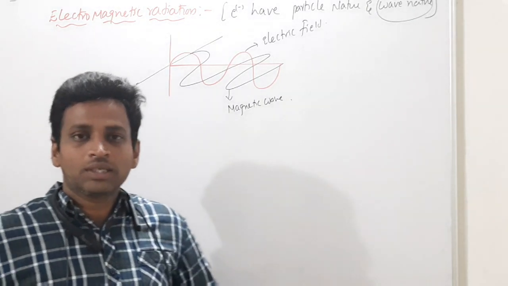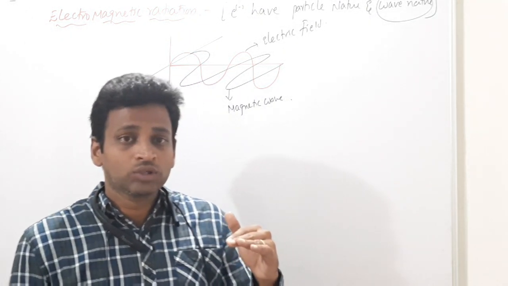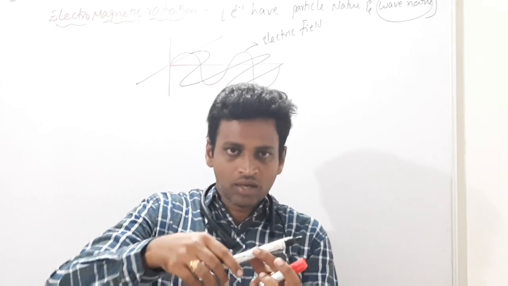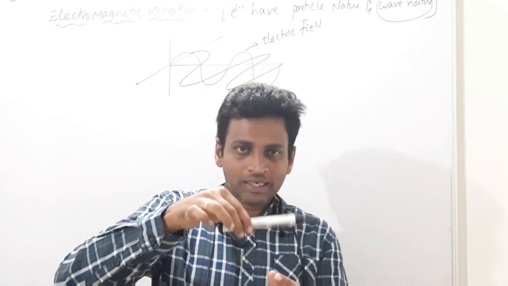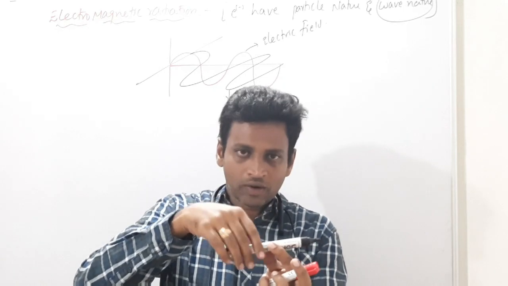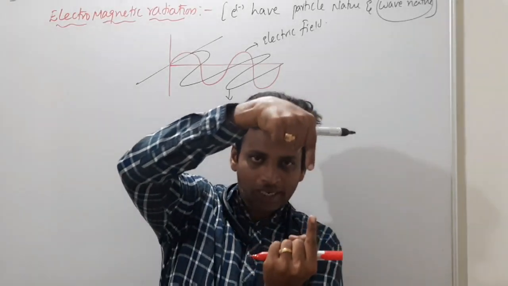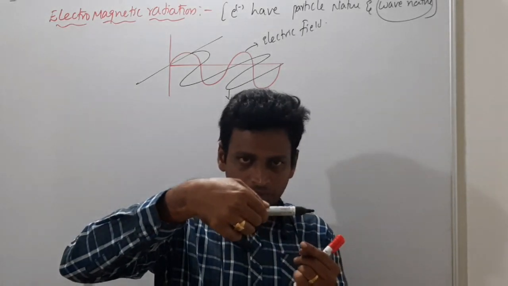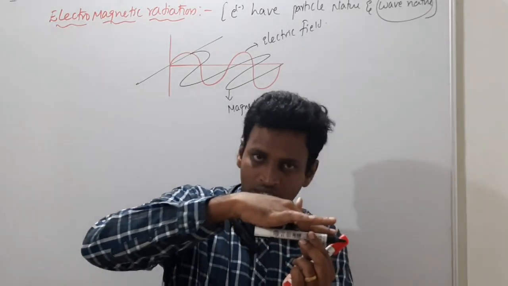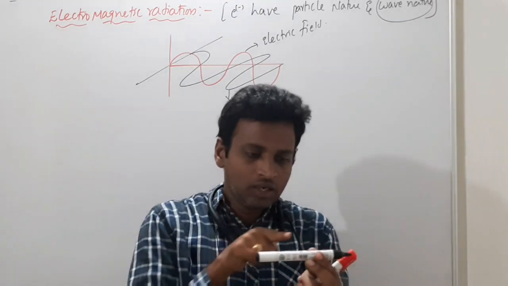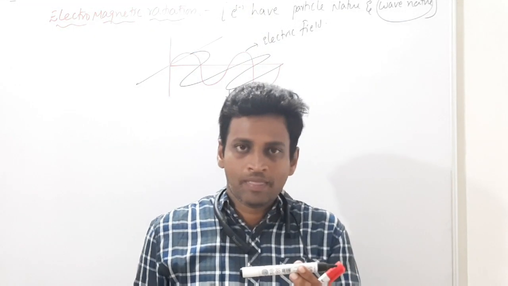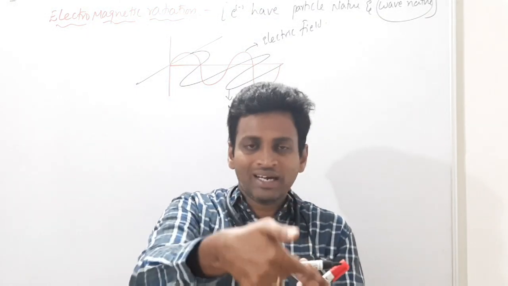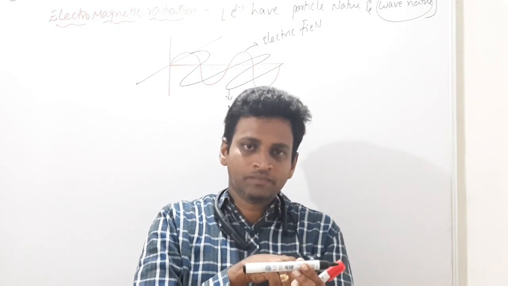So in the presence of the electric field and magnetic field, both are perpendicular. Suppose this is the path of oscillating the particular metal sheet. In this way I keep the electric field, and in this way I keep the magnetic field. So I have the path of the metal sheet, and here I have the electric field and the magnetic field like this. The electric field is from top to bottom and the magnetic field is front to back.